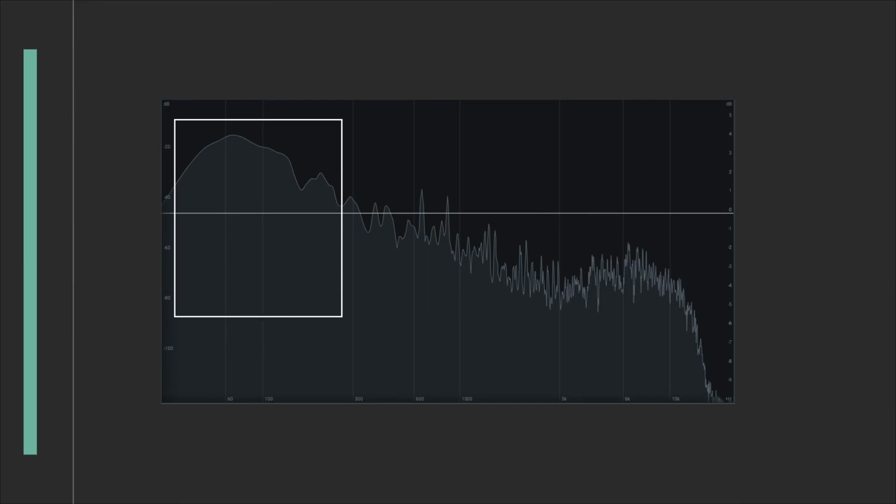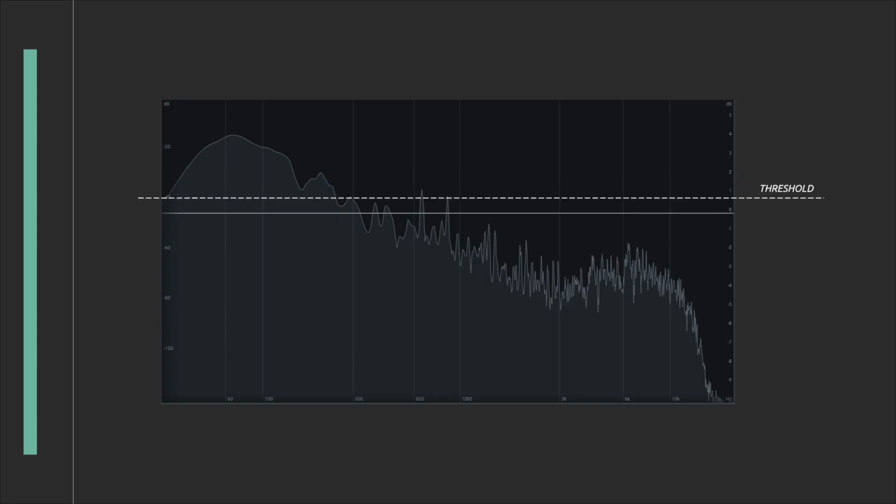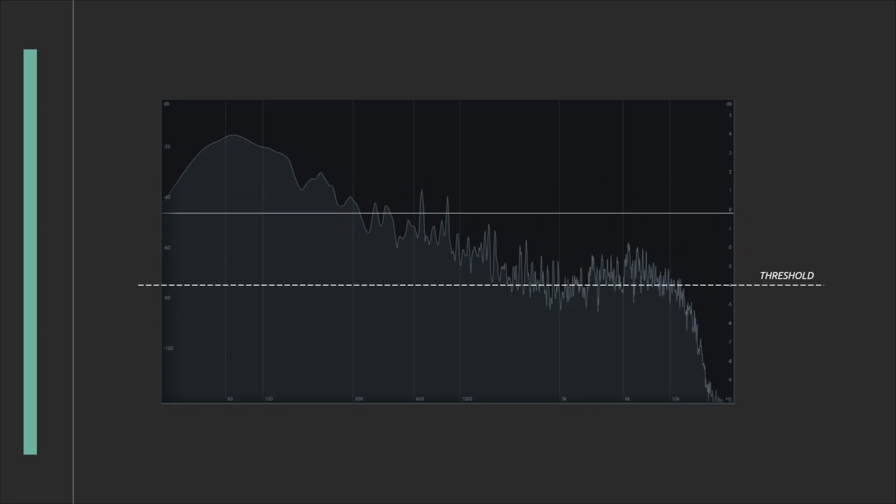For example, this is the spectrum of a mix bus. As we can see, the loudest parts are in the lows below 250 Hz. If we decide to put a compressor on this mix bus, that could be a problem. Remember that the compression starts as soon as the volume of the signal crosses over the threshold, so here to start compressing the mids and the highs, we need to set the threshold very low. And at that point, the low frequencies will already be compressed a lot, and that can make the sound unnatural,